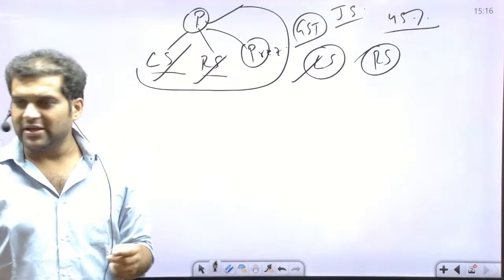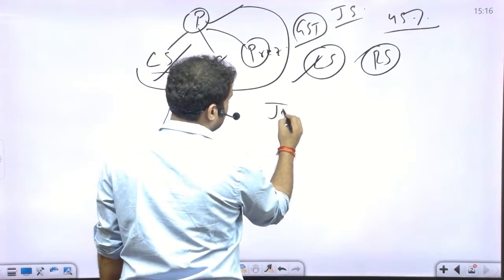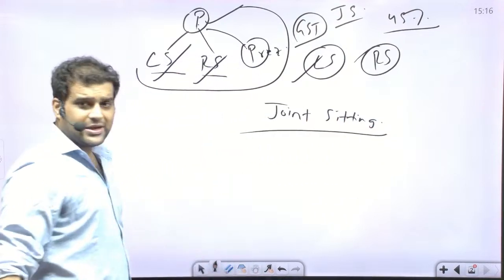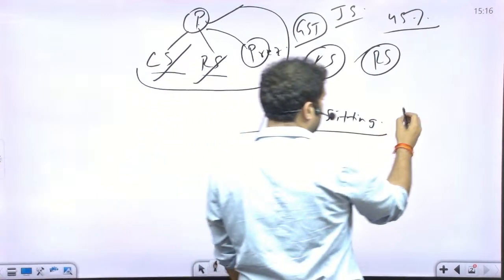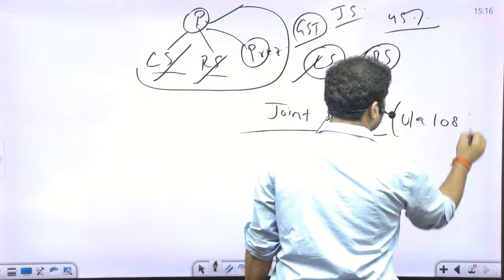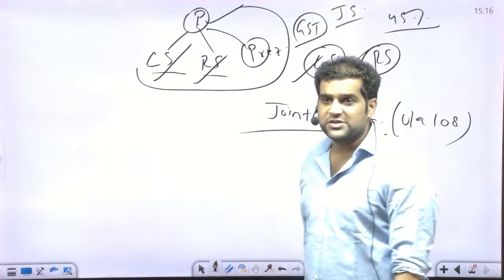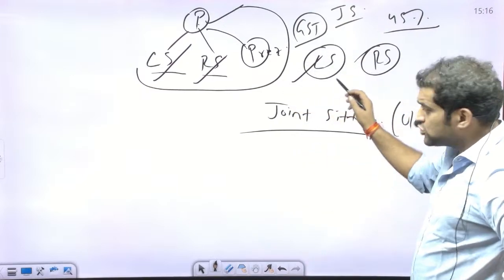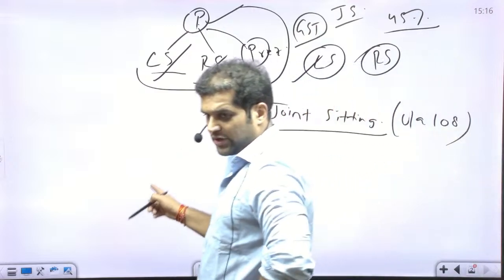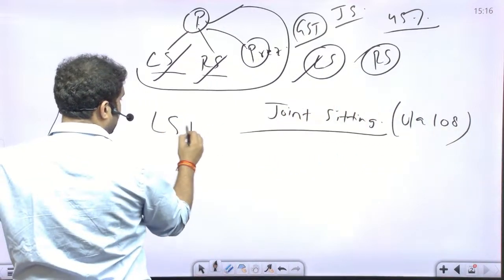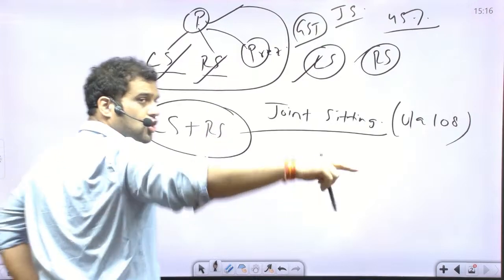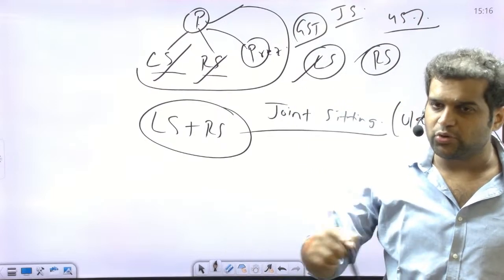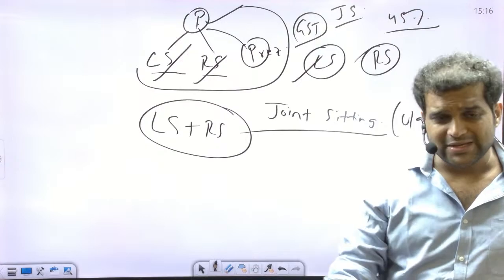In this case, there is a provision of joint sitting. In this case, there is a provision of what, guys? Joint sitting. All right, and this has also been mentioned under Article 108 of the Constitution. Article number 108 of the Constitution also mentions joint sitting, right? So what will happen? The president would call a joint sitting, and both the houses, Lok Sabha and Rajya Sabha, would sit in a large hall like this, like we all are sitting. Both the members of Lok Sabha and Rajya Sabha will come together and they will sit in the same house. That is known as joint sitting.